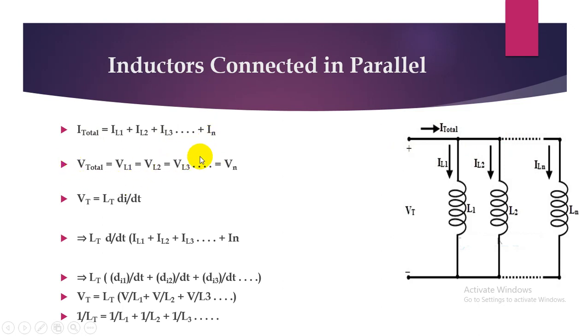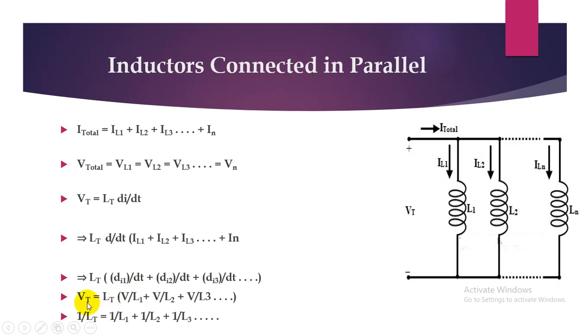But in the parallel circuit, voltages are the same. From Ohm's law, we can write one equation, V is equal to L di by dt. From this we can write the equation for di by dt, that is Vt upon Lt. Using that relation, we get one equation here. See this? These are a few parts of the simplification. Finally, you can say Vt is here Lt of VL1.